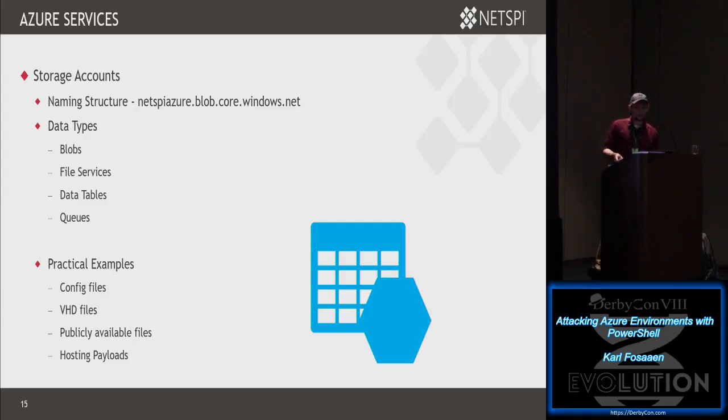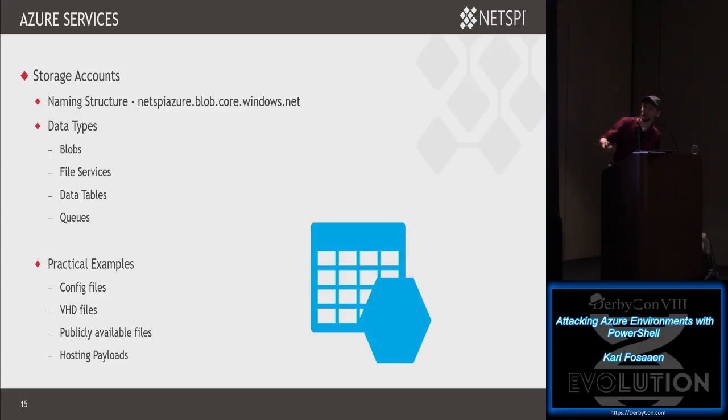But from a practical example standpoint, we've done Azure assessments and taken a look at storage containers where we'll find config files, VHD files, which we'll talk about in the practical example, but basically virtual hard disks. Publicly available files that shouldn't be public, PII, all sorts of good stuff that you just shouldn't be able to find normally publicly. And you can also use this for hosting payloads, since